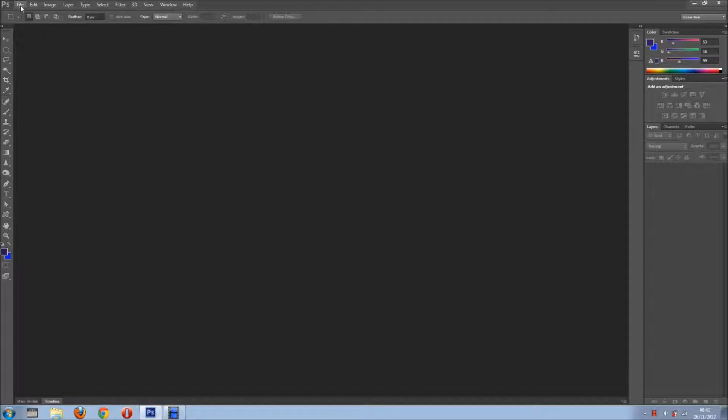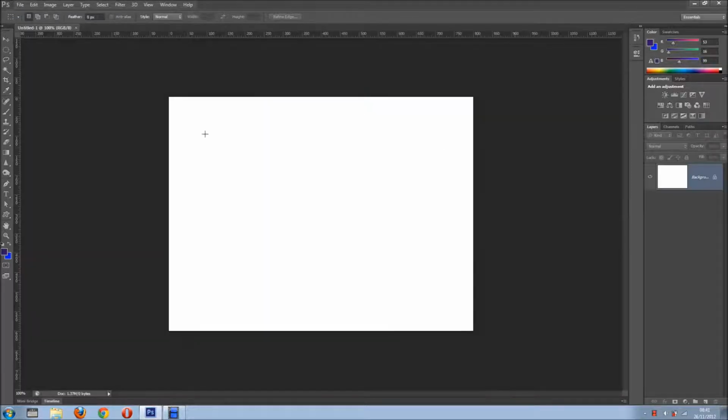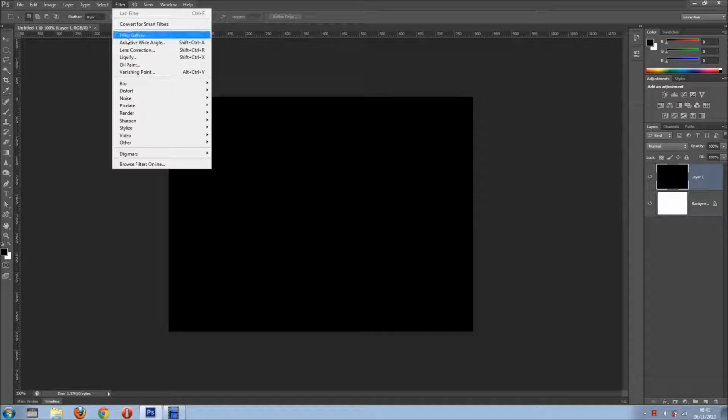So the first thing we're going to do is obviously create a new document, and I'll click OK. There we go. So now I want to add a new layer, so I'll click the new layer icon, and I'm going to set my default colors, and so I've got black and white. I'll just fill with any color, and now I'm just going to go to filter, and I want to add some clouds,